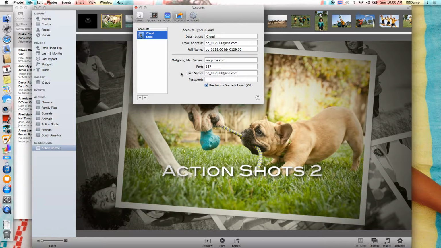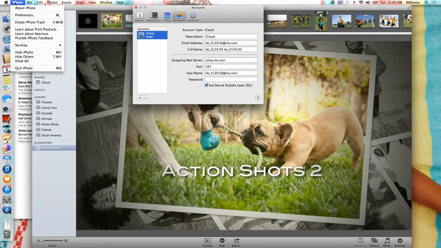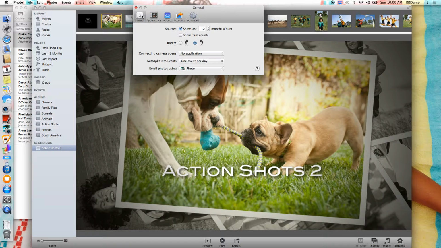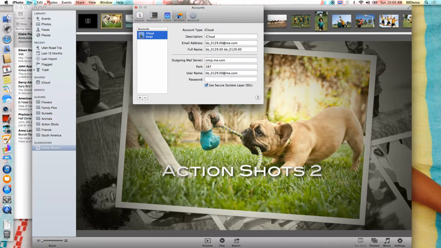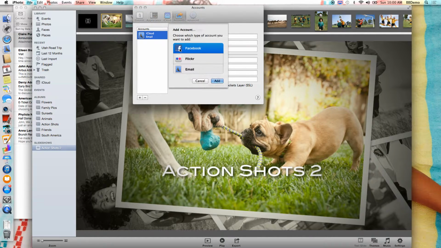So you go to iPhoto, Preferences. And then this shows up. It usually comes up here, but click on Accounts. You're adding an account. You hit plus. Watch this. And you just put in your information right there. See, and it says,